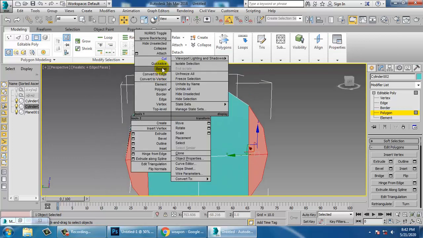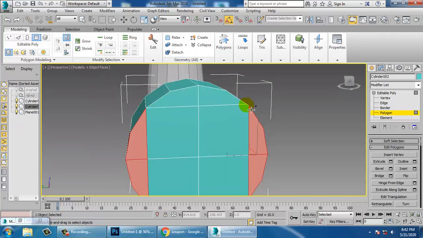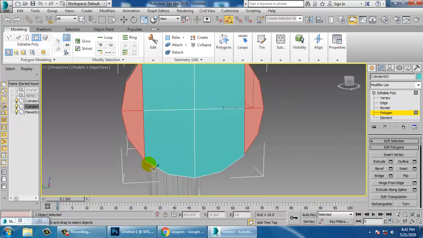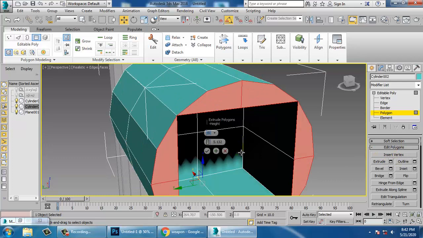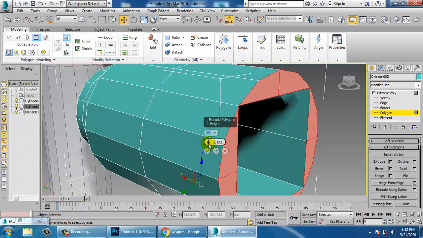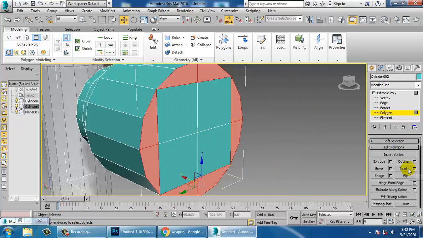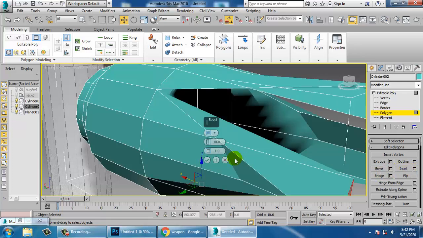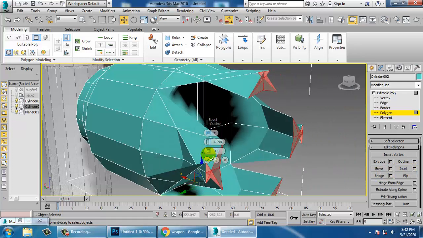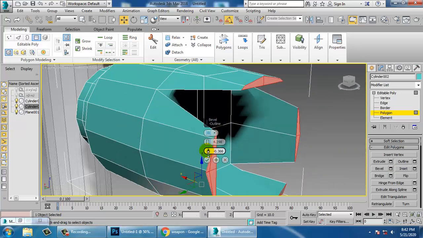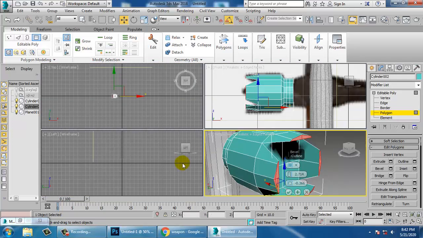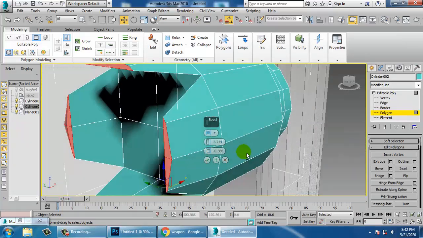If you want, we can just assign one cut over here, select all of this, and let's extrude this. We can extrude it individually also, or you can just bevel this. So let's bevel it. That would be much better.